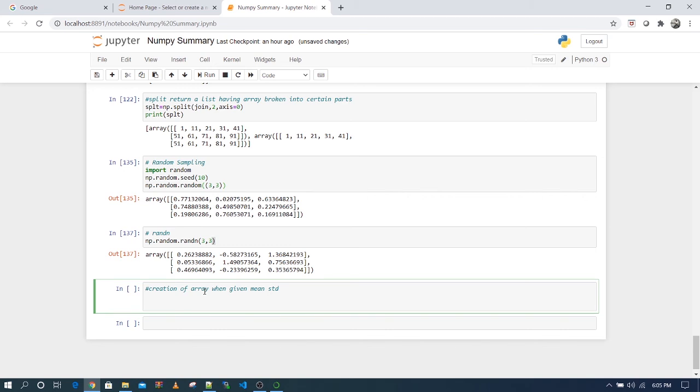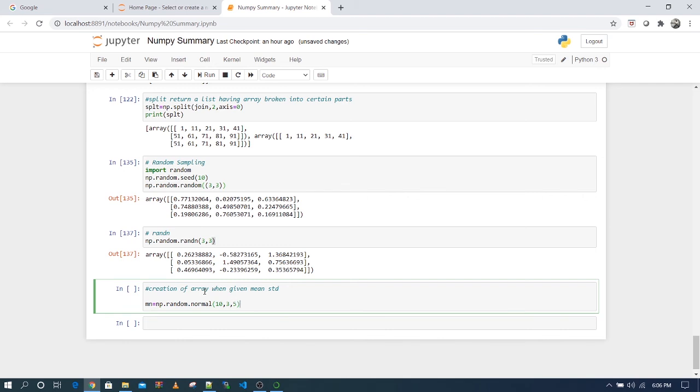So we have to use the random method. Suppose I have taken a variable mn, and I use the np.random package, then I have to say normal because it will use a normal distribution to create your array. Suppose I need an array having mean as 10, standard deviation as 3, and the third parameter is the number of elements, how many elements you need.